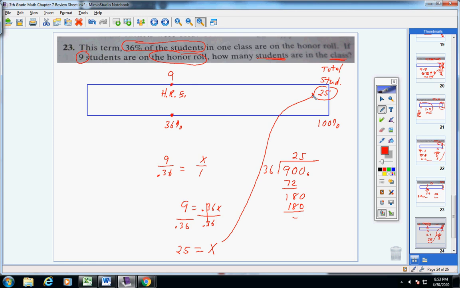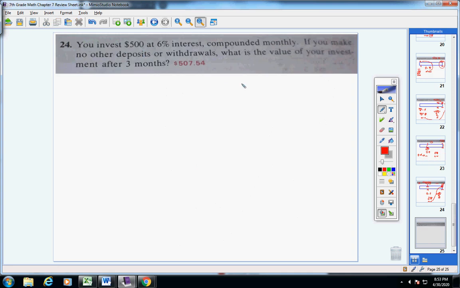Now this last one, remember, you're allowed to use a calculator to make it faster, okay? So how do I know that? Because of this word here. If it says compounded, you can use a calculator. If it doesn't, then you can't, okay? All right, so